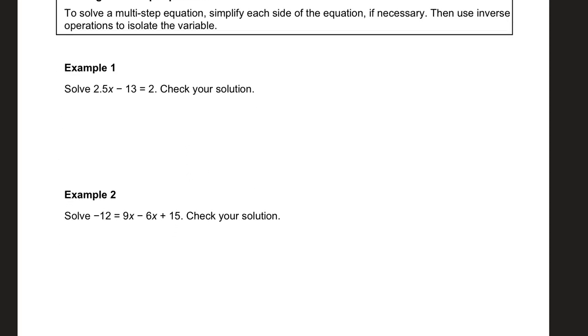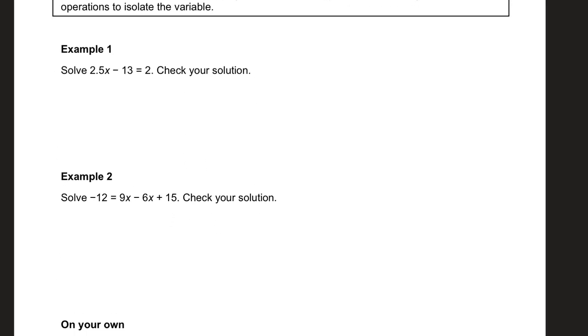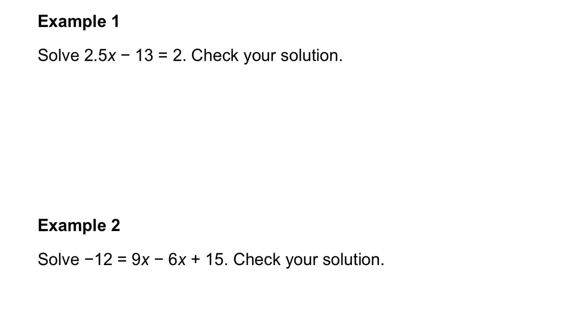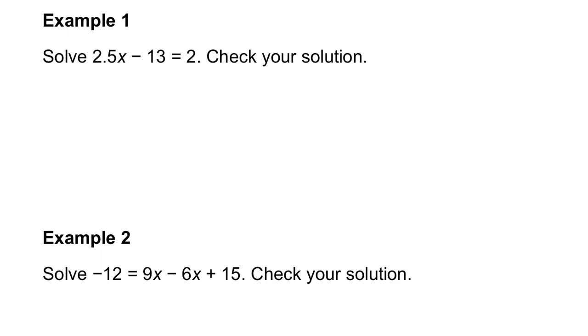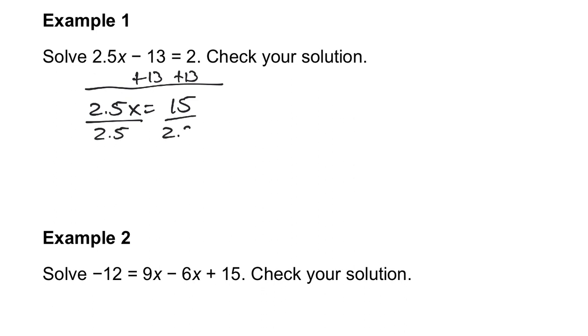So let's look at example number 1 here. We're going to solve 2.5x minus 13 equals 2, and we're going to check our solution. I'm going to zoom in, just make this a little bit easier. So my first step is I'm going to add 13 to both sides, and I'm going to get 2.5x equals 15. Now I can undo the multiplication that I see here by dividing both sides by 2.5. Notice how I divide using a fraction, not by using the good old-fashioned divide symbol. My 2.5's cancel, leaving me with x equals, and then if you need to put in the calculator, you get